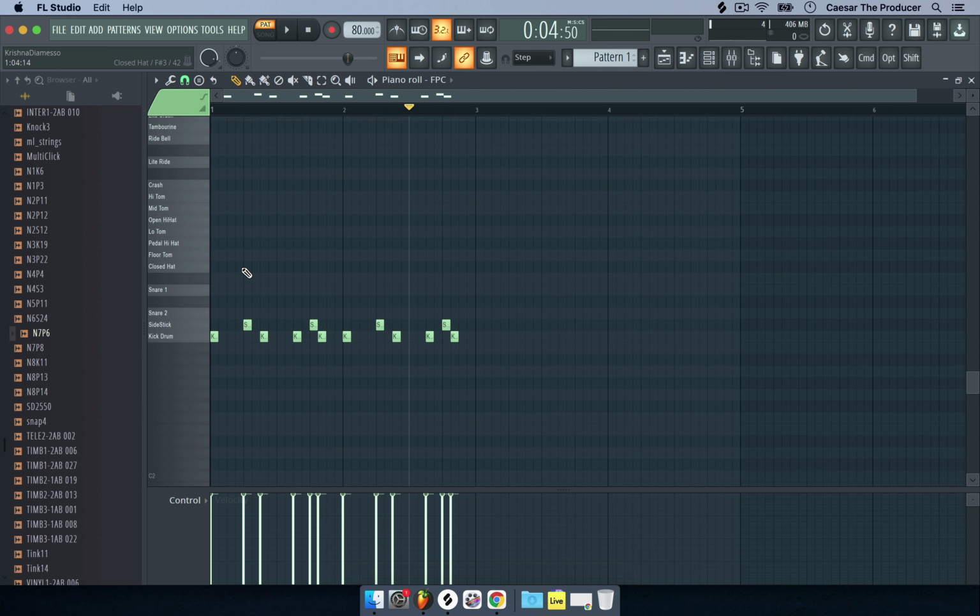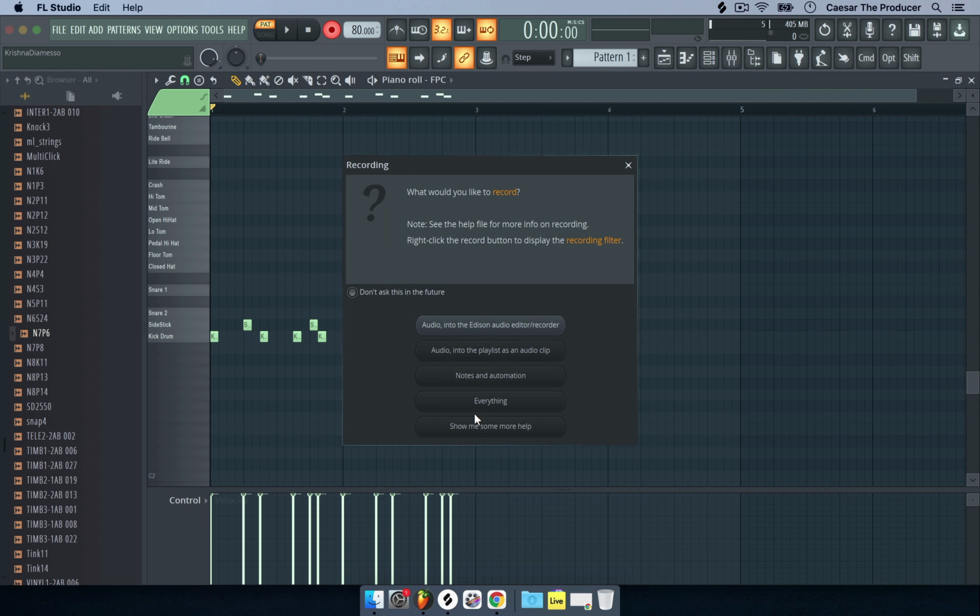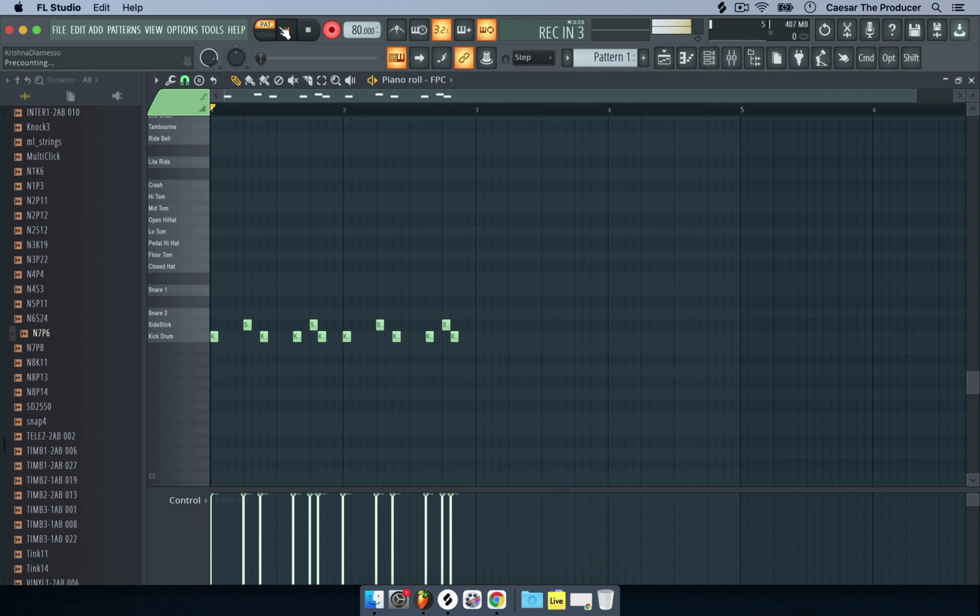Okay, so this is what we have, and basically what the other thing that we could do is we can keep adding over here on the same layer. So let me find another sound. So let's go with that. One thing to keep in mind over here, if you try to record again on the same pattern, especially on the same piano roll, if you select this option over here, the loop recording, whatever you're gonna record is actually gonna replace what you had before. So if we go ahead and record something very quickly,